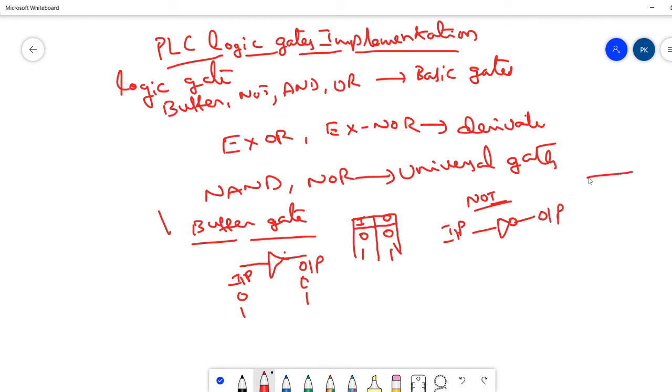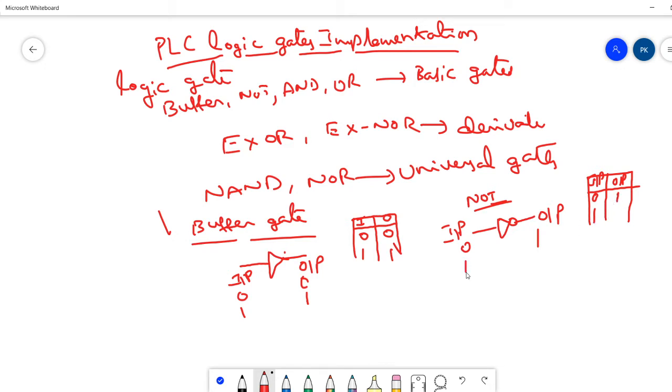The truth table for this one is like the buffer circuit. While taking a single input, it produces two possible states, 0 and 1. When input is 0, its output will be 1 because of the bubble at the output. 0's complement is 1, so for 0 input, output will be 1.